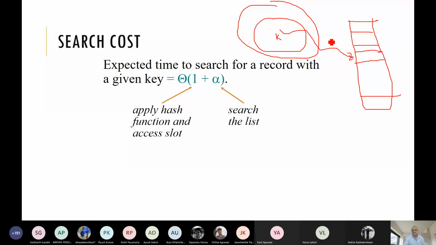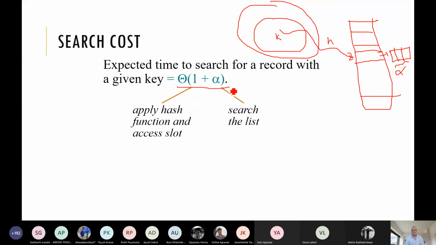We have to apply the hash function. It will hit some slot, say the ith slot. Then, because collisions will be there, we are expecting, we go for chaining. I mean, go with the chain, and this chain size is alpha, because we have taken a good hash function. So in that case, the search, insert or delete time is order of 1 plus alpha.